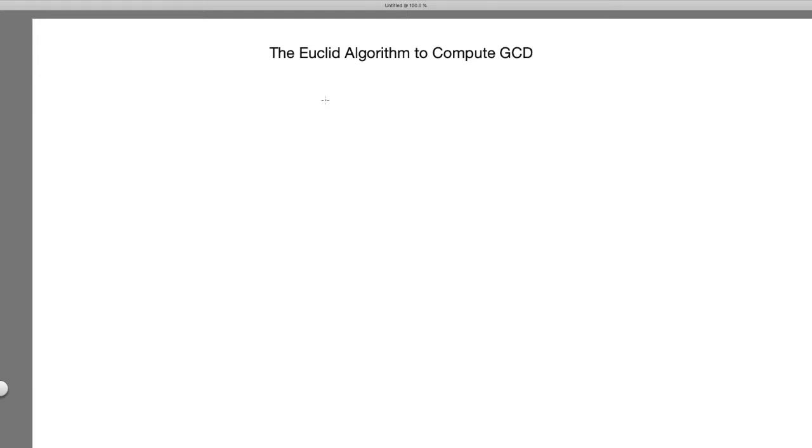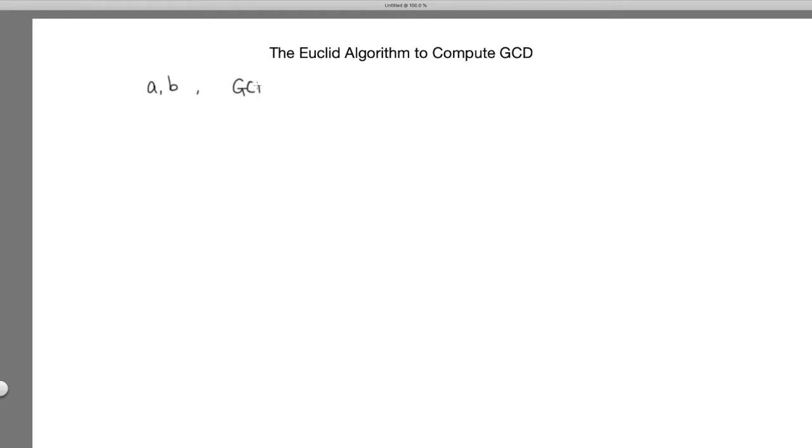In this lecture, we're going to talk about an efficient algorithm to compute greatest common divisor. First of all, what is greatest common divisor, GCD? Greatest common divisor, if we focus on just two numbers, A and B,